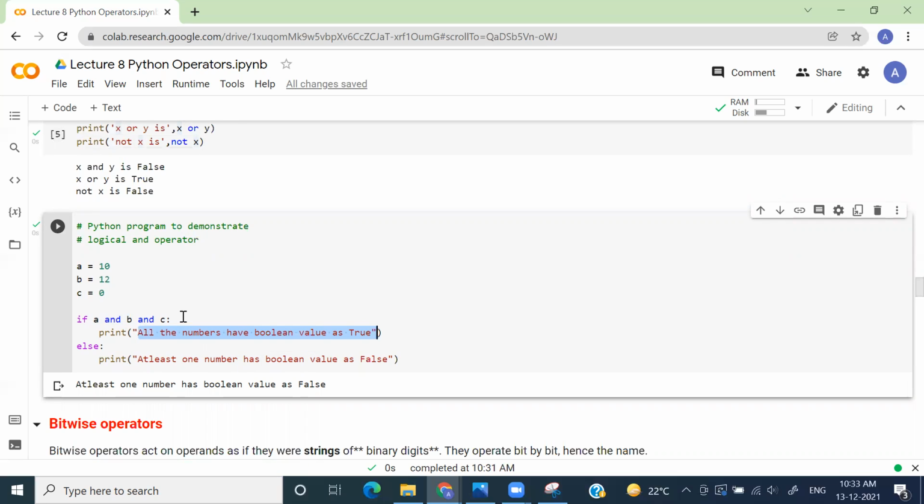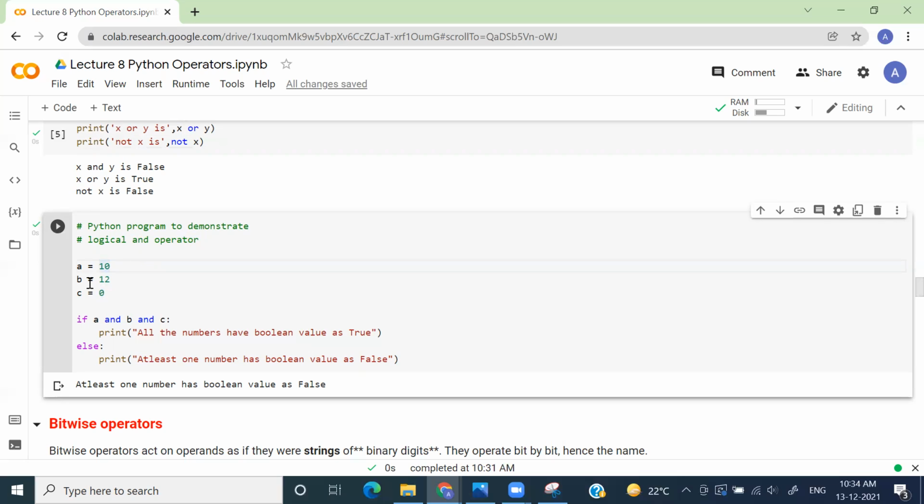Here, if you see what will happen, 10 and 12 and 0. So this 0 is equivalent to what? This 0 is equivalent to false. What did we learn in the previous class? True is equivalent to 1, 0 is equivalent to false, right?